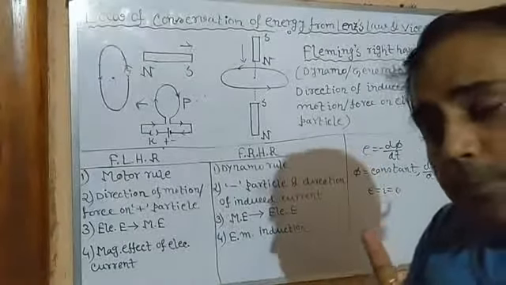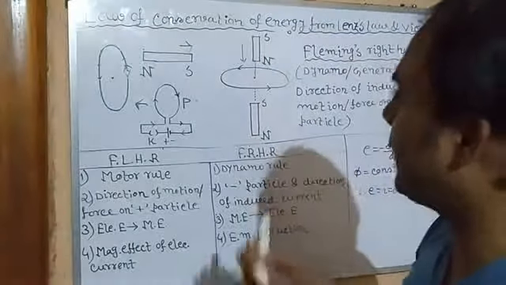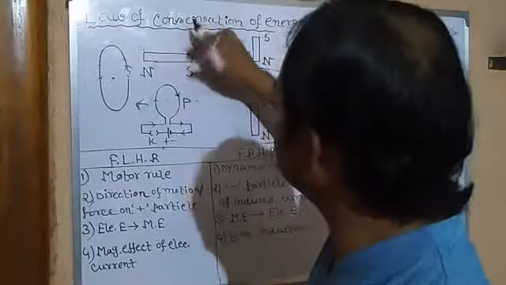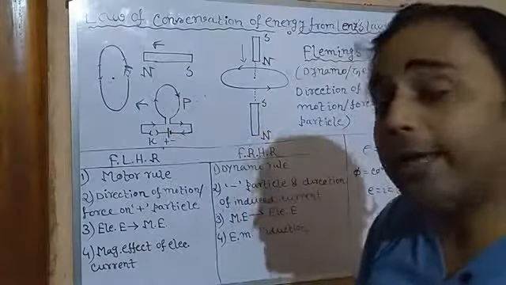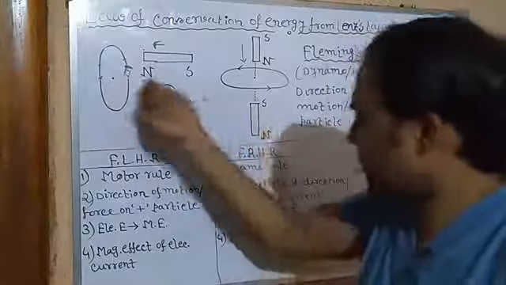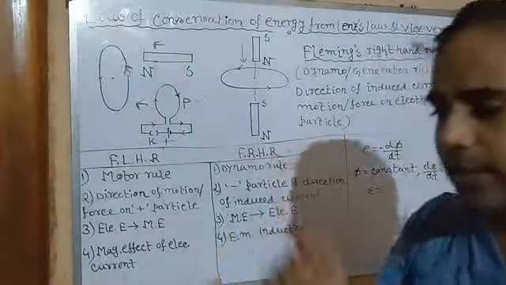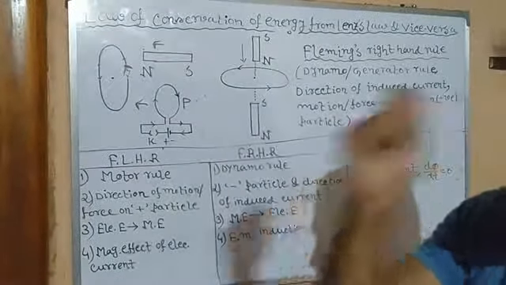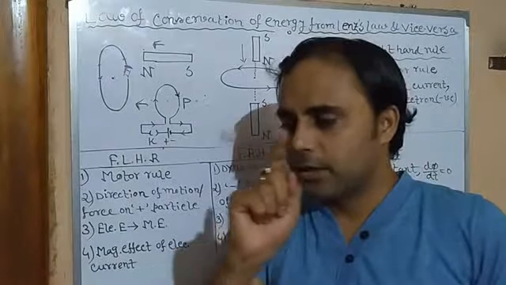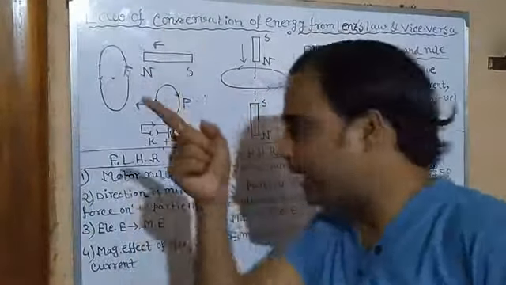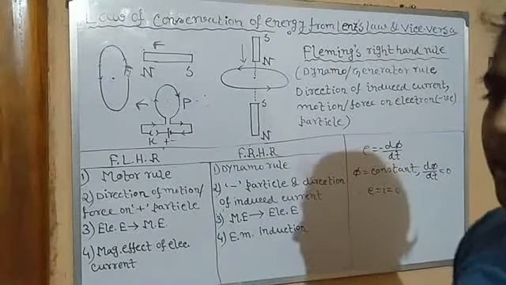So if it cannot happen, what should be the direction of the current? That's why in this case, when the magnet or the coil is moving closer, current is in the opposite direction. Why? Only in that case it will repel, and when it moves away, it will attract. Only in that case there must be some work done by an external agent, and only then can energy be introduced, or created, in the closed coil.